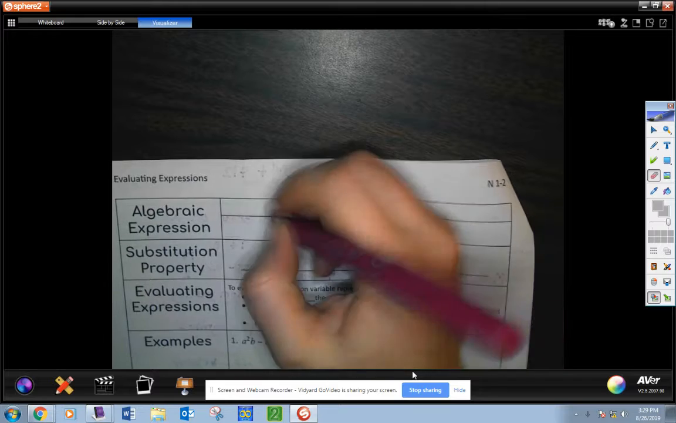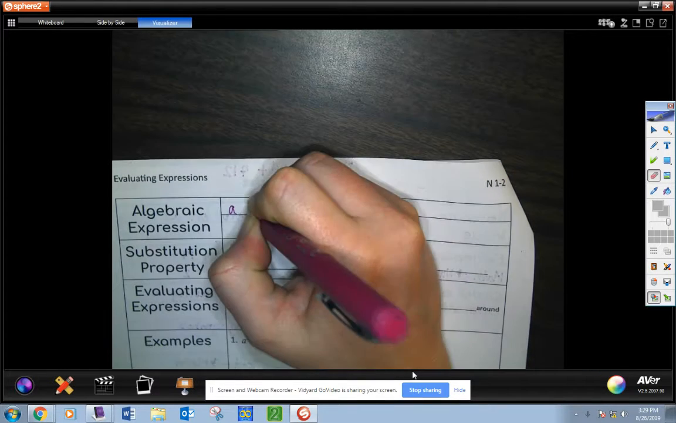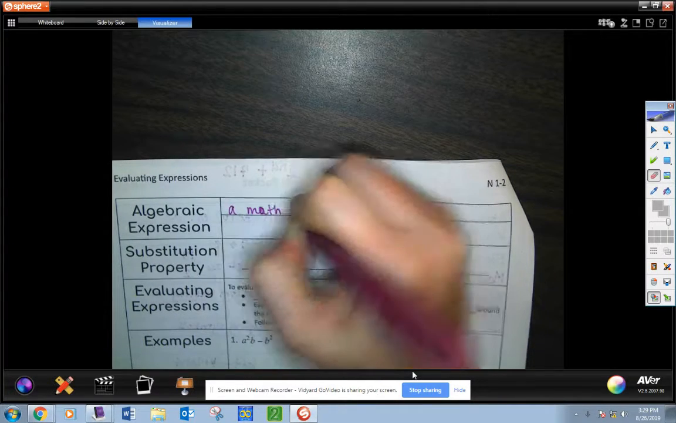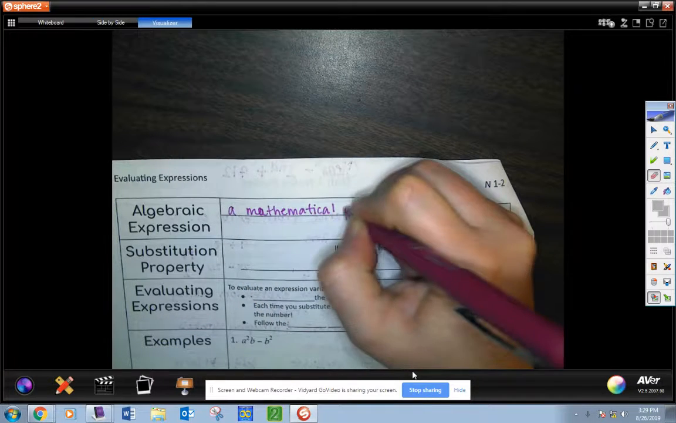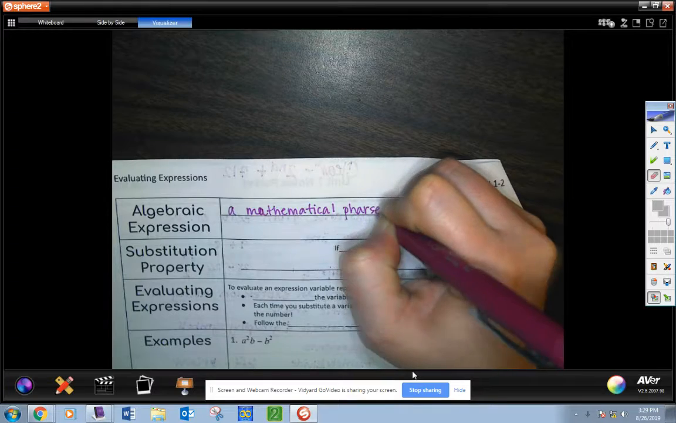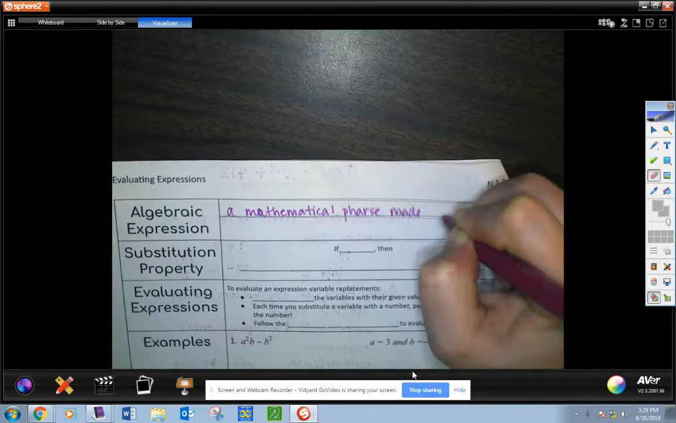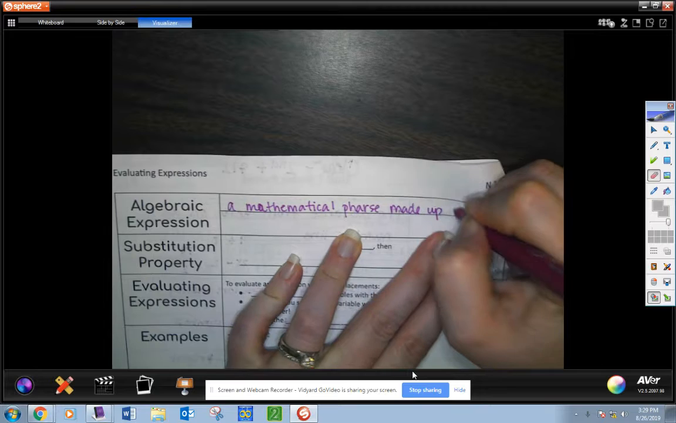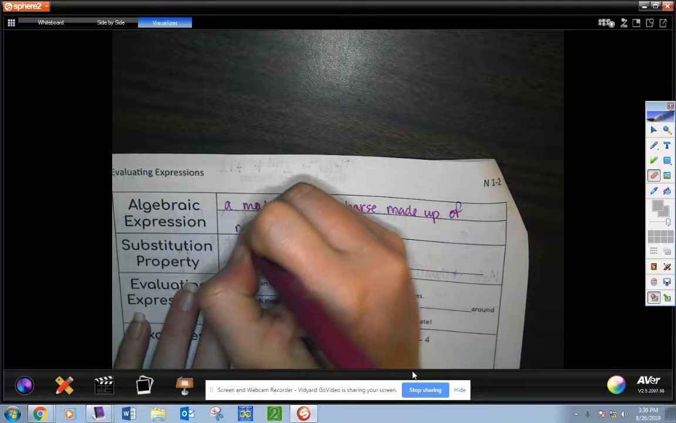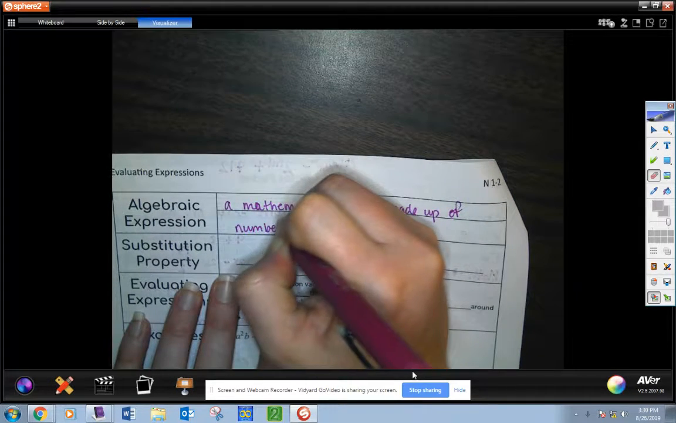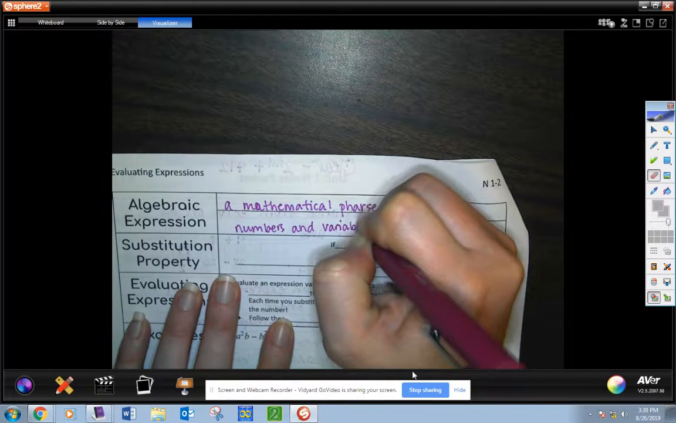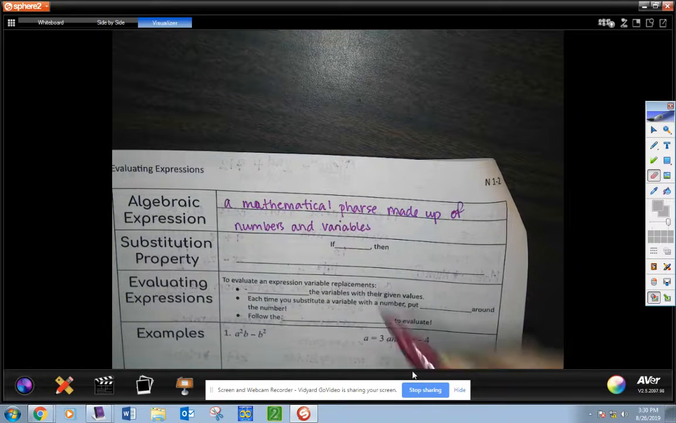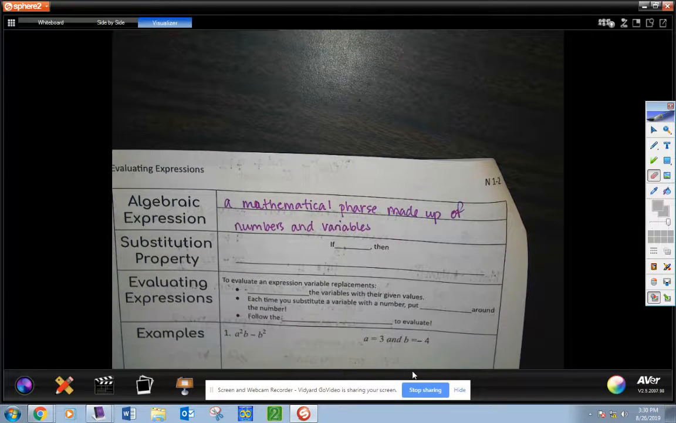An algebraic expression. This is just a mathematical phrase made up of numbers and variables. Variables are just letters. So today what we're going to be doing is working with evaluating expressions, so we have